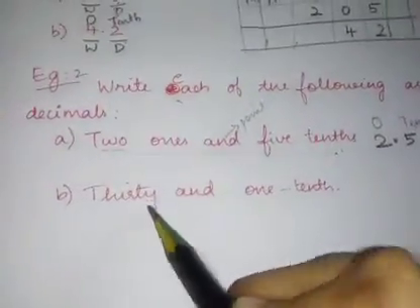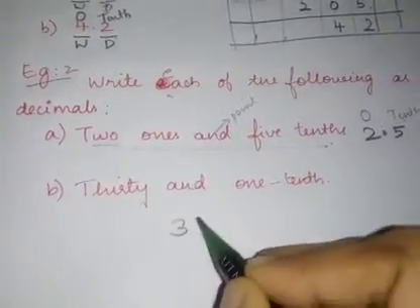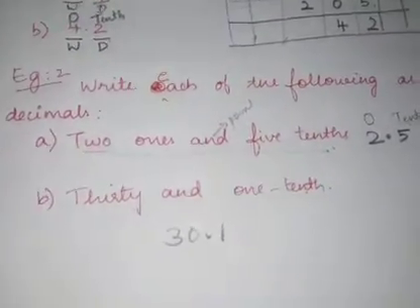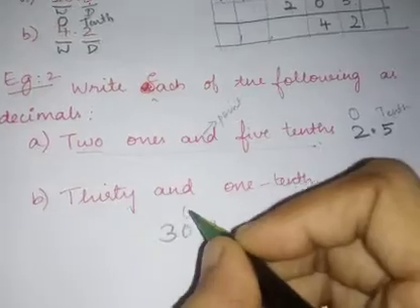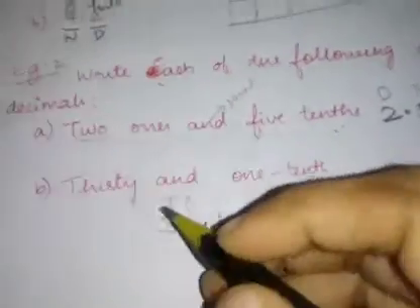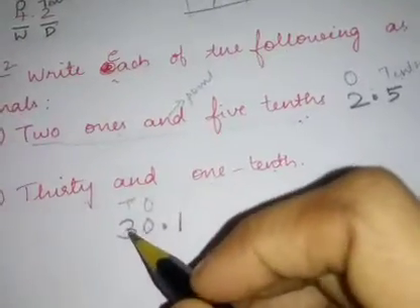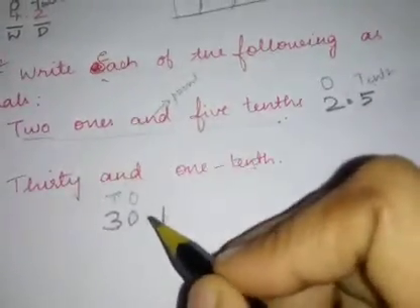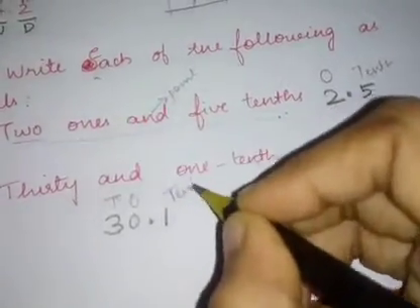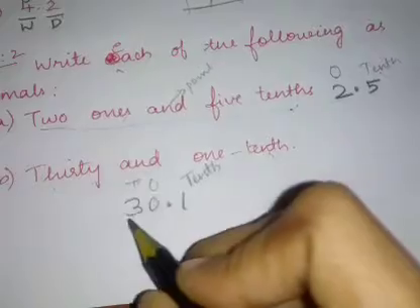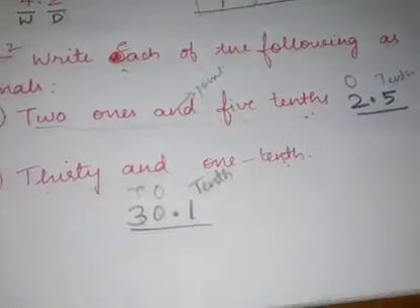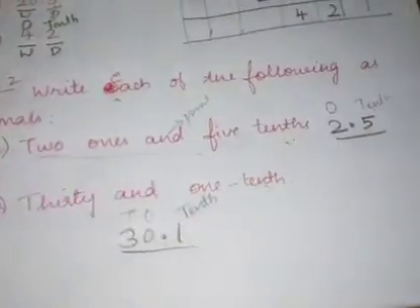Now 30. So 30 means how will you write 30 and 1/10. So 1. That's all. 1/10 because 30 means 3 tens. So ones place 0, tens place 3. So then the meaning is 30. And decimal point, 1/10. Then the tenth you will put in the tenths place. So 30.1 is your answer. Understood? This is how we will represent the wordings as a decimal number.